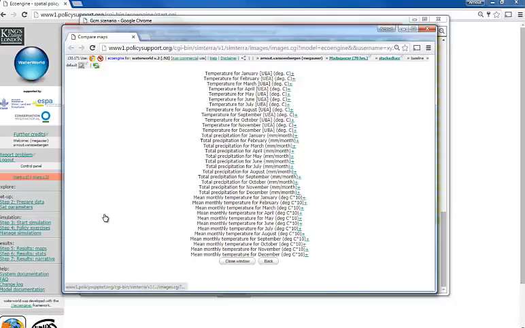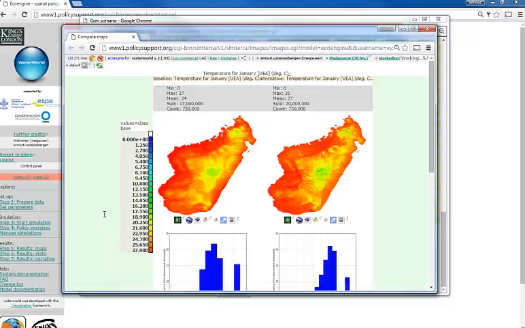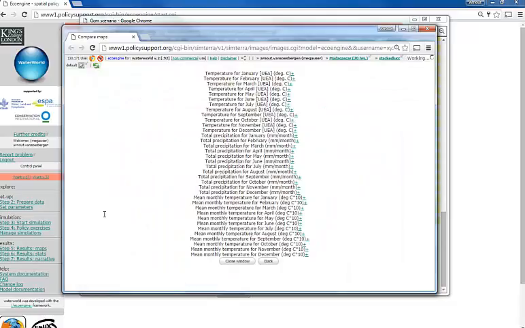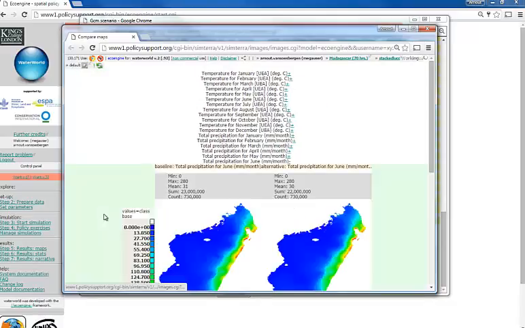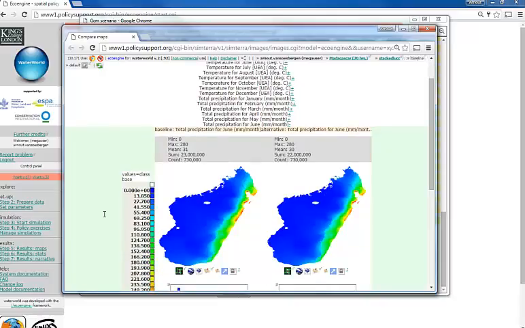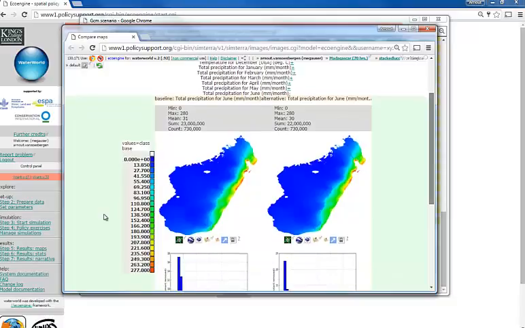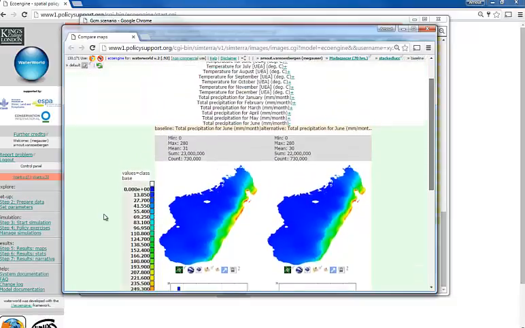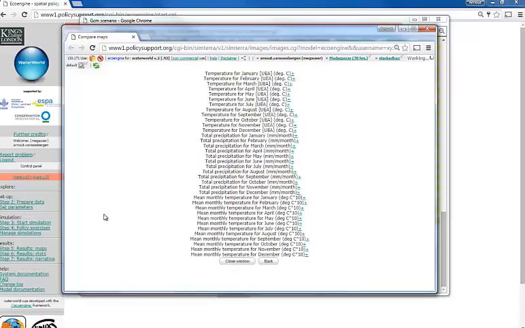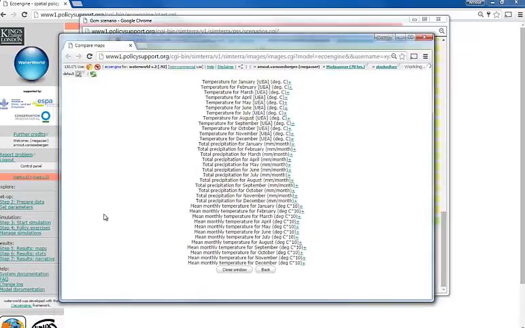So if I look, for instance, at the temperature for January, we had a mean of 24 degrees Celsius in the baseline and 27 in the scenario situation, which is the mean of all those models under the RCP 4.5 scenario. And similarly, we can have a look at changes in precipitation, for instance in June, and we'll see that actually in this particular month the mean precipitation for the tile, or for Madagascar, has decreased with 1 millimeter a month. So once you're happy with the scenario, we can then close this window,